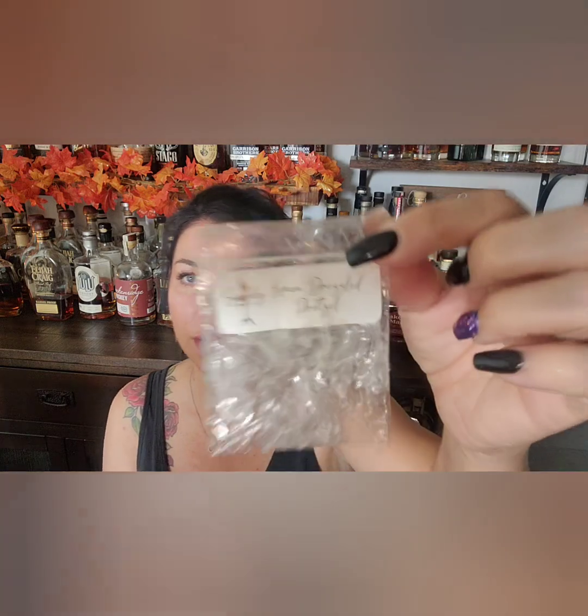Another one, oof, you guys, this one from Swanky. This is Lemon Drizzle Pretzel. I am all about lemon right now. Lemon drizzle, lemon pretzel, lemon chiffon, lemon curd with vanilla and bakery is my jam. I am loving it. It kind of gives me limoncello vibes. That nice, sweet,